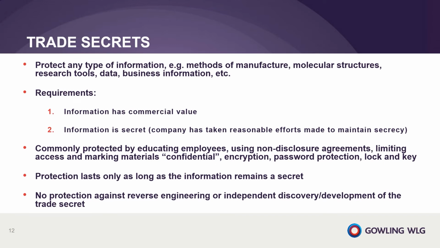There are two general requirements for a trade secret. It must have commercial value, and the company must take reasonable efforts to maintain the information's secrecy. Reasonable efforts to maintain secrecy typically involve educating employees and having them sign confidentiality clauses, having third parties sign non-disclosure agreements before sharing trade secrets with them, limiting access, marking materials as confidential, and using encryption, passwords, and physical lock